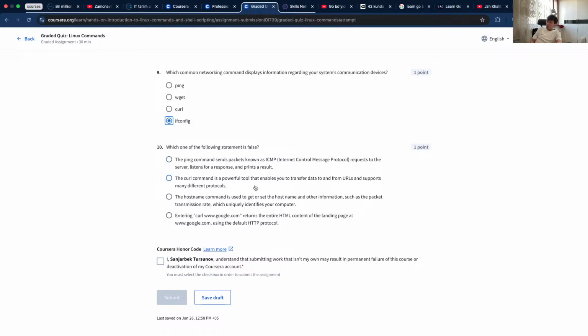The curl command is a powerful tool that enables you to transfer data to a URL, supports many different protocols. The hostname command is used to get or set the hostname or other information packet transmission rate of a unique entering returns the entire